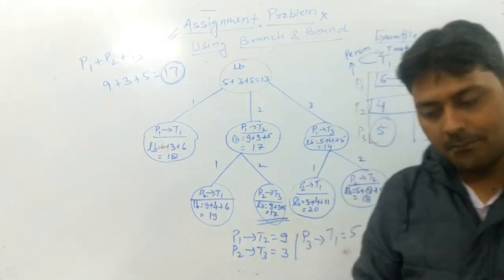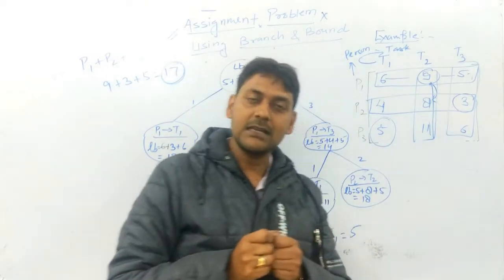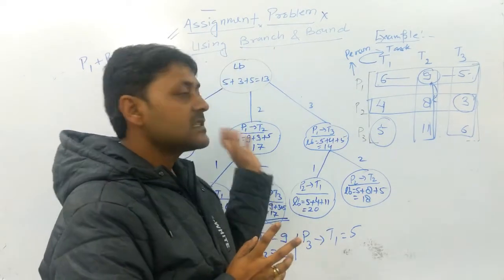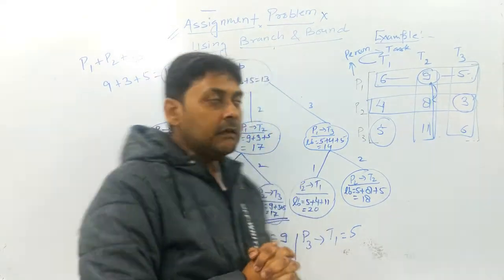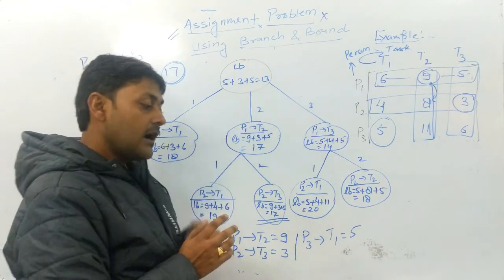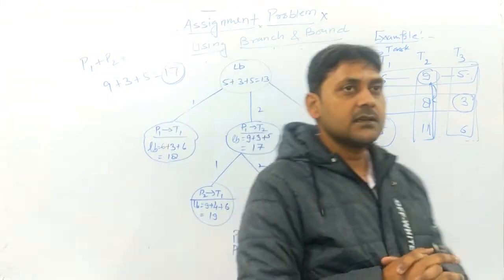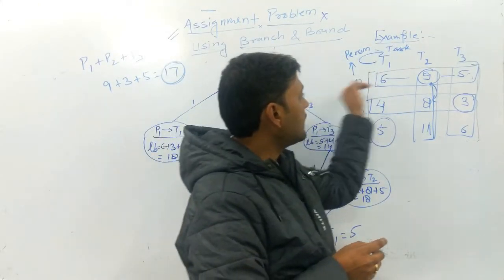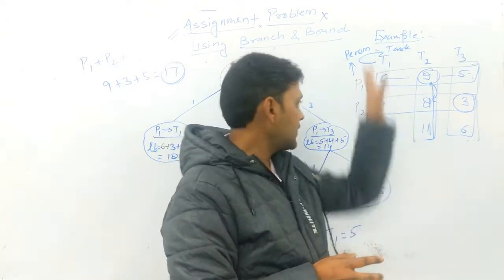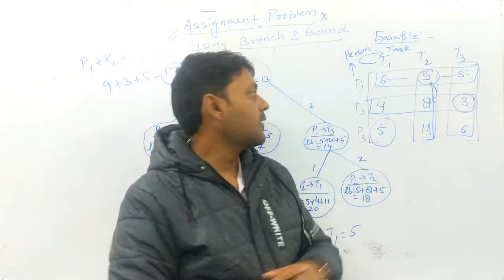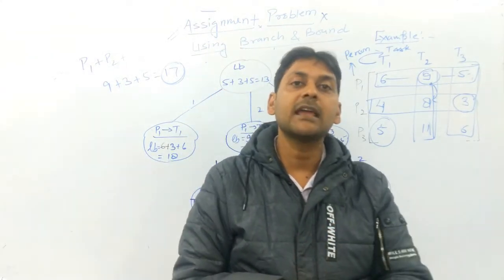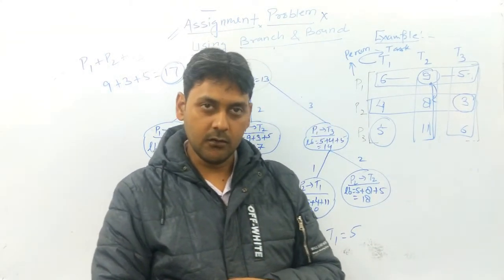Here the number of tasks is n, and n persons perform these tasks. First, you have to find the lower bound value. What is the lower bound value? You take the rows, first row, second row, and third row according to the given example, and pick the minimum value from each. You have not checked whether it is performed like an assignment problem or not. This is the lower bound.